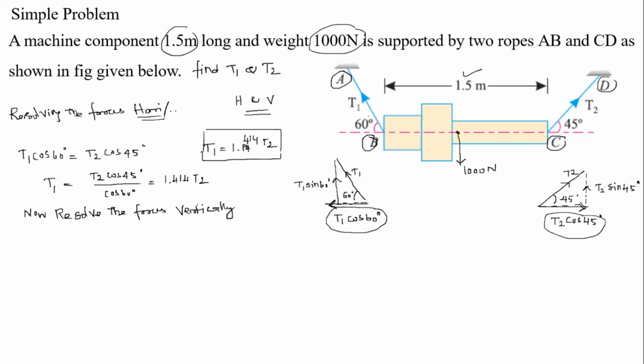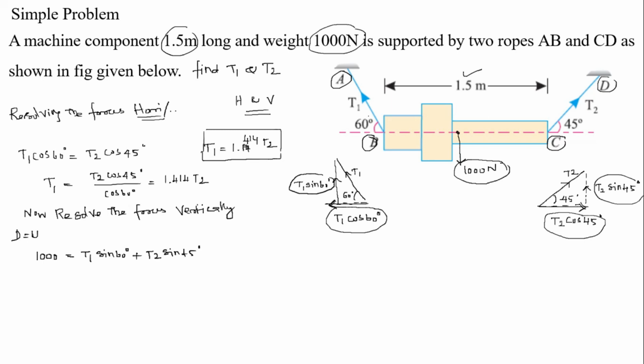Okay, resolve the forces vertically. So now consider T1 sin 60 and T2 sin 45, and one more force W is acting downward. These two forces T1 and T2 are acting upward and W is acting downward. So the downward force is equal to the upward force, right? So here the downward force, which is equal to 1000, is equal to T1 sin 60-degree plus T2 sin